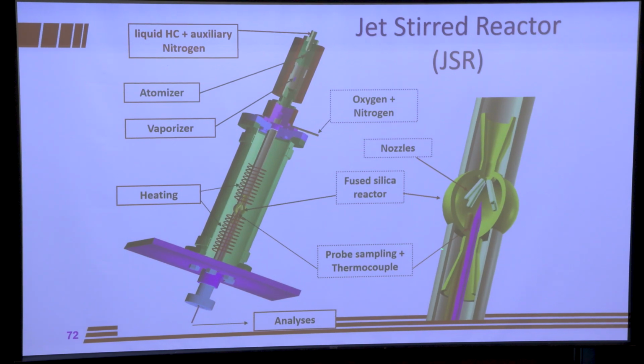So this is a close-up of the reactor itself. Here we have the quartz reactor. It's inside this heating tube, or heating on either side of it, and then it's inside this metal tube for protection. Why is it inside here, and why do we have this metal casing? Yeah, not just for safety, but definitely for safety,